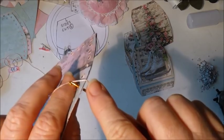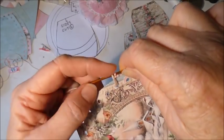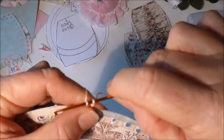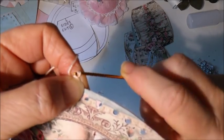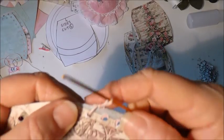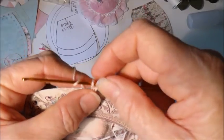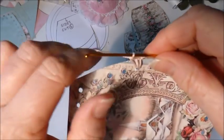Put your hook in a hole, grab the yarn behind, pull it through. So now you have 2 threads on the hook. Wrap the yarn around again and then pull it through once and pull it through that first one, which is always a little bit tricky on the first pass. Now we have 1 in our hole. We're going to do the same thing again. Go back through the hole, grab the yarn, wrap the yarn around and bring it through those bottom 2 loops. Now we do 1 chain,